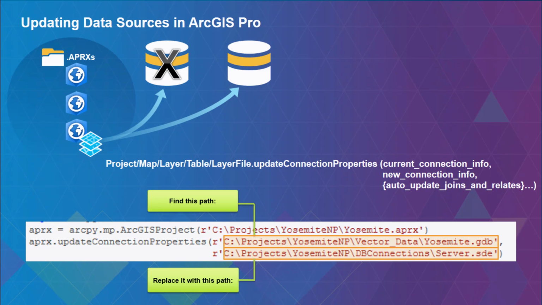And one of the classic problems this workflow solves, you could kind of see in the diagram at the top left here, where I have a whole bunch of projects, and for whatever reason, I might have 10 or hundreds or thousands of projects even, but for whatever reason, the data is gone, or it's moved, or it's changed. For example, I may have converted all my personal geodatabase data to file geodatabase, or maybe I put all my data into enterprise geodatabase, or maybe the folder structures of my projects changed,